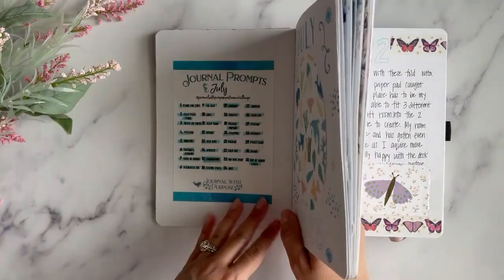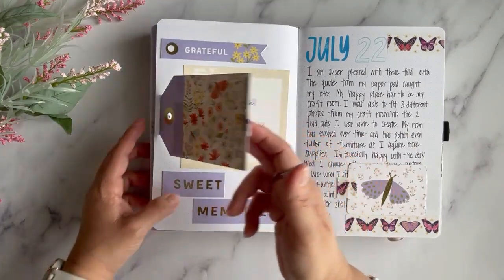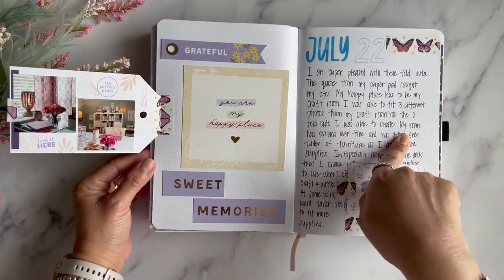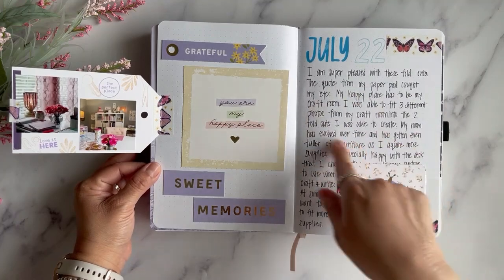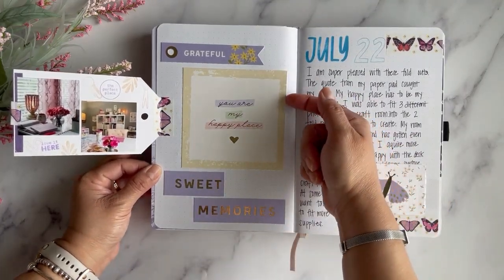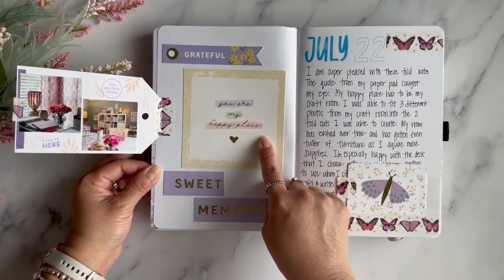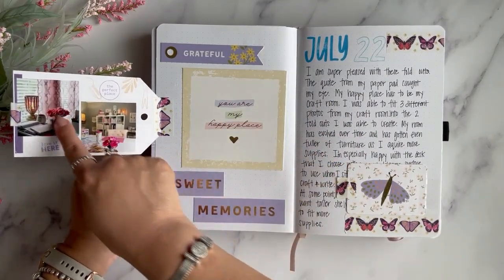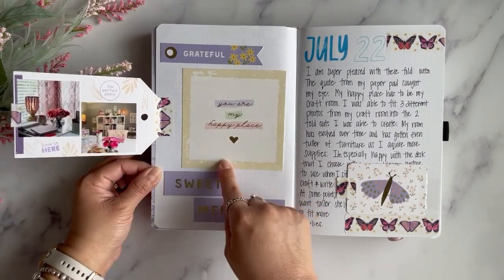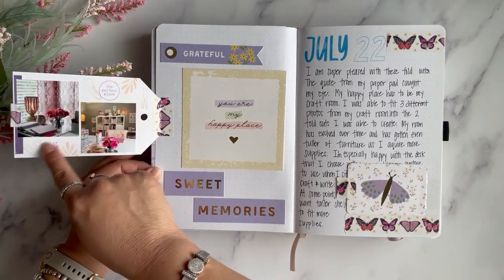So July 22nd was fold out. So I did 2 fold outs. I did this one right here and my prompt was about my happy place, because I chose this card as inspiration, and I used some of the colors, and it said, "You are my happy place." So I just added some pictures of my craft room, and I added some crafty